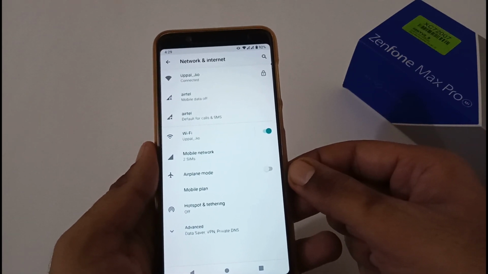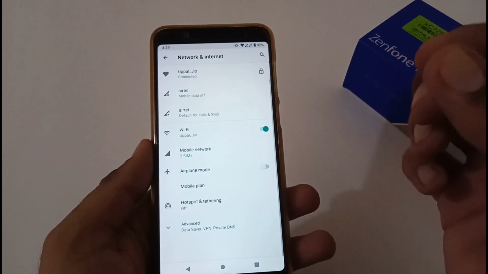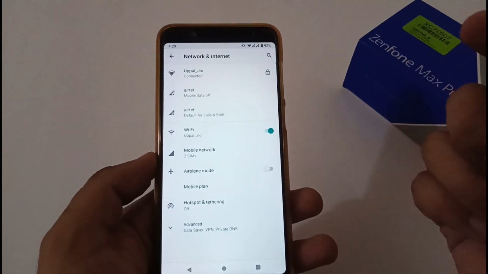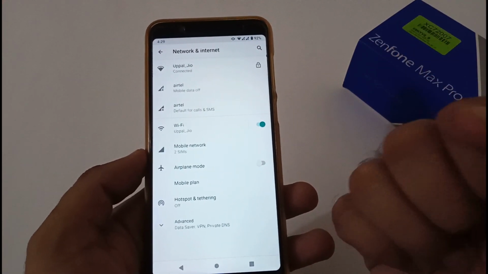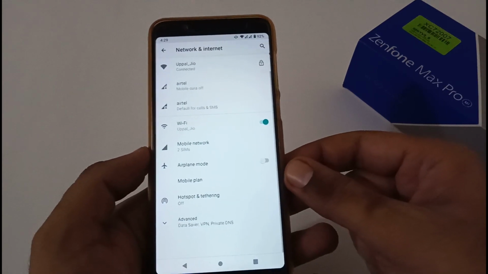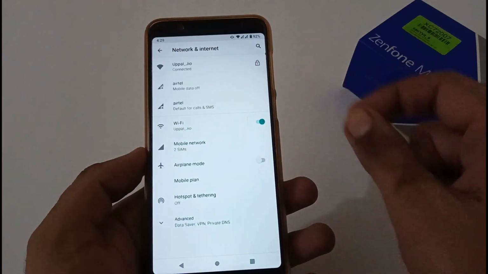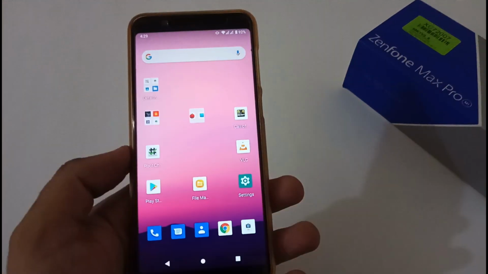Apart from this, Wi-Fi connectivity is working absolutely fine, but sometimes I have seen a very minor issue in terms of connectivity. It is 1 out of 10 times. I won't say that this is bad, but again, I have faced it, that's why I'm sharing with you. Aside from that, for mobile internet, calls and SMS, there is no issue that I have faced at my side. It is working absolutely fine.